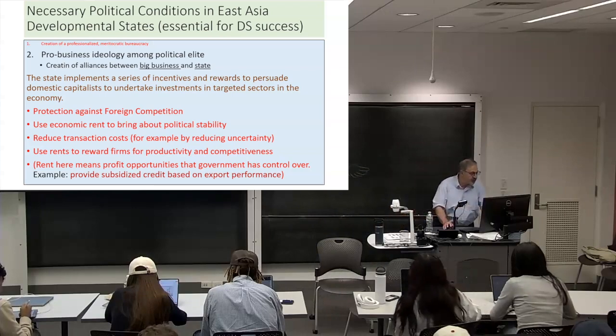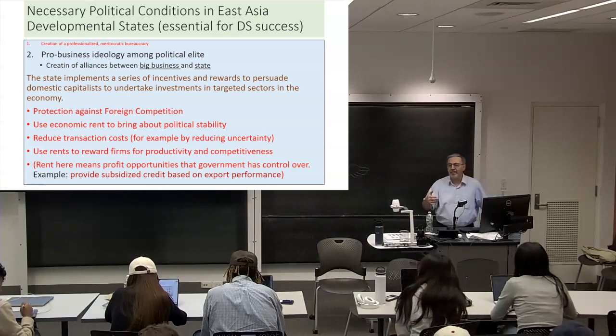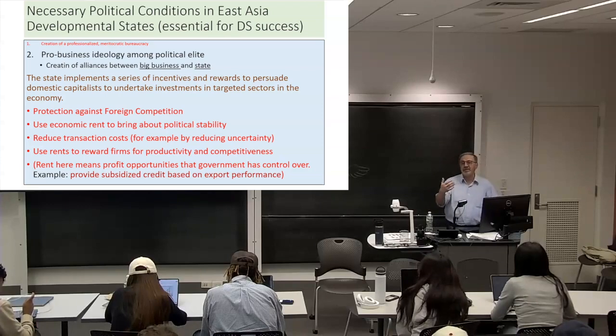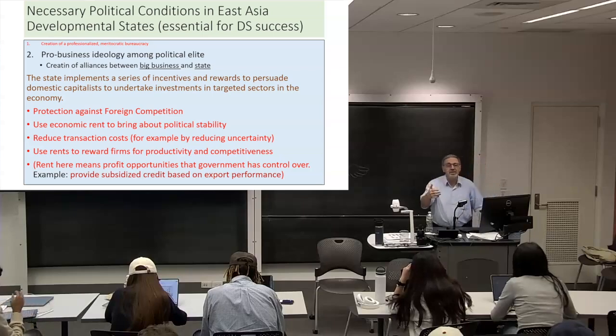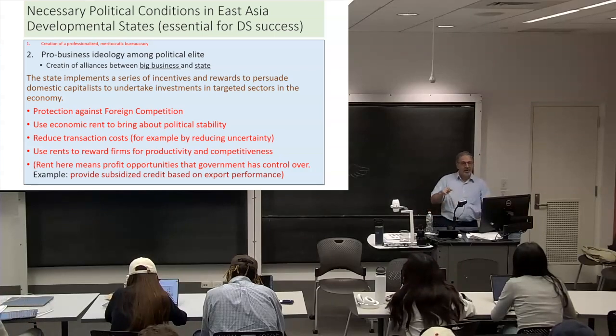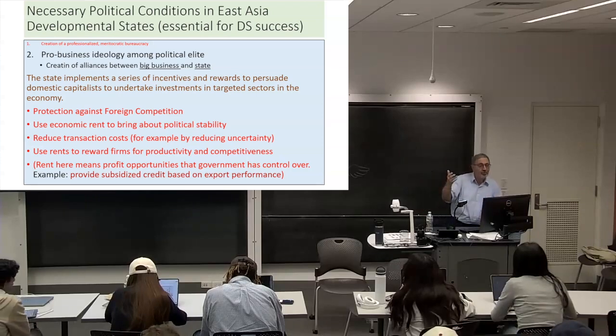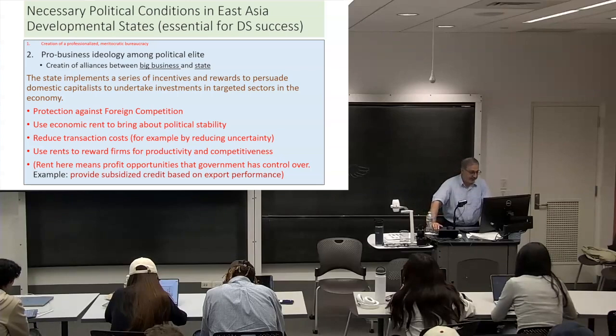And that's what we call using the rents. If government is going to provide any kind of subsidy, any kind of protection, remember we call these rents because it's the result of government policy. So we say the government would give these to firms that are performing better, not the firms that are ill and are underperforming. So this has some element of Darwinian competition. Yes, some firms are going to lose, but we care about those who are strong enough because we want them to compete in the global market.